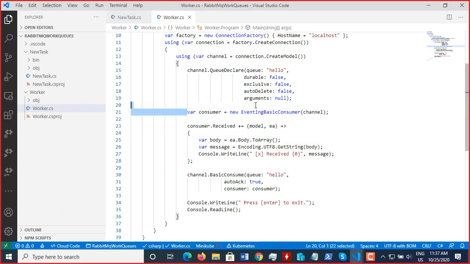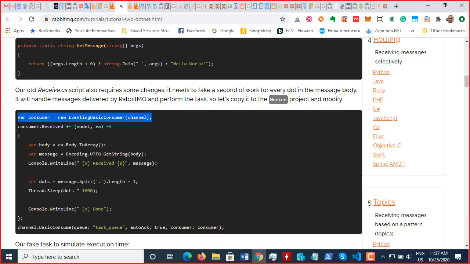Here we go. Var consumer, eventing basic consumer, channel. Okay, you're gonna receive the event from the channel. Now consumer receive. Here we go. Our callback. Now the callback is gonna change. Consumer receiver. Before it just was printing on the console